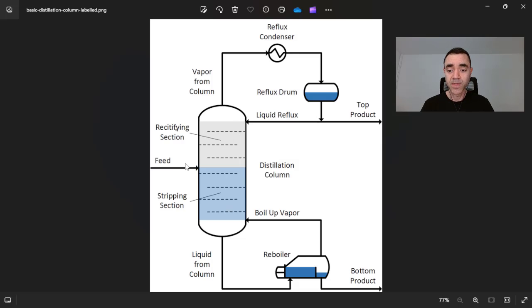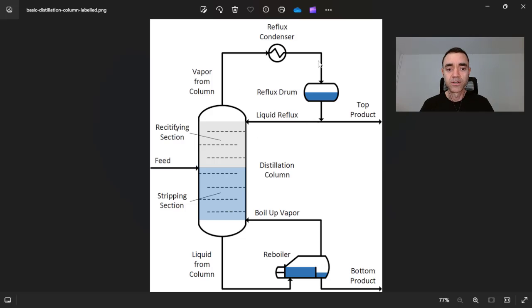The first section, above the feed, is the rectifying section. The main objective of this section is to remove the heavier components from the gas, or the vapor in this case. And we have the stripping section, below the feed, whose main purpose is to remove the lighter components from the condensate, or the liquid. So in the bottom of the column, I have a liquid product or bottom product, and in